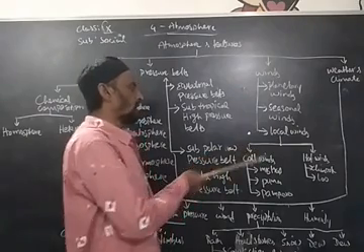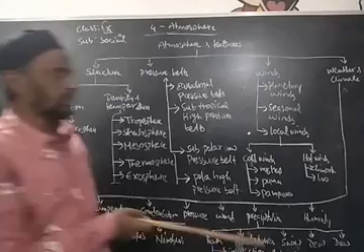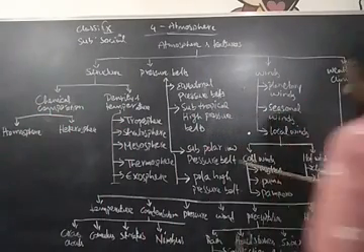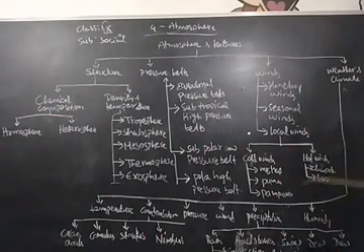Again these local winds are of 2 types. One is cold winds, the winds that we can see in the winter season, and the other is hot winds, the winds that we can see in the summer season. Here cold winds are again of 3 types: mistral wind, Pima wind and Pandora wind. All these winds we can see in foreign countries, and hot winds we can see in the Chinook and Loo. If we talk about the weather and climate,